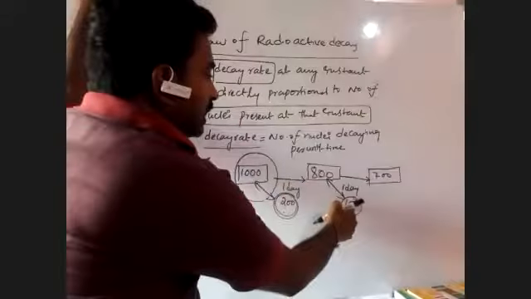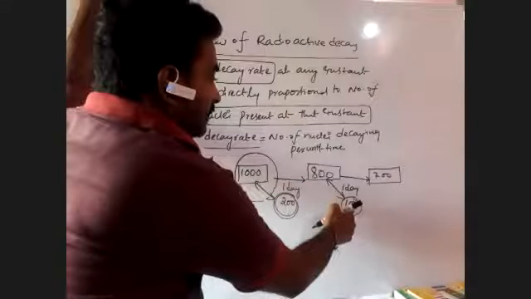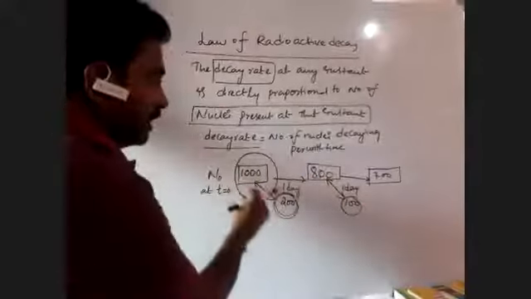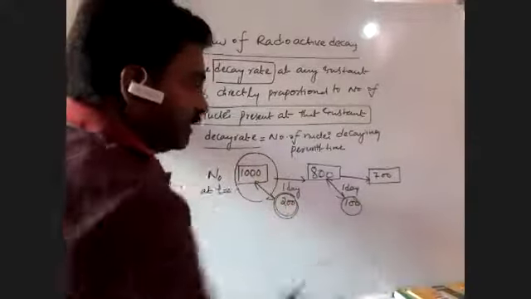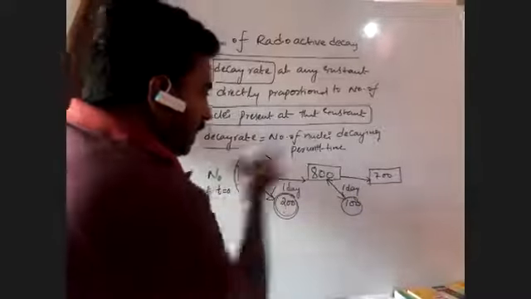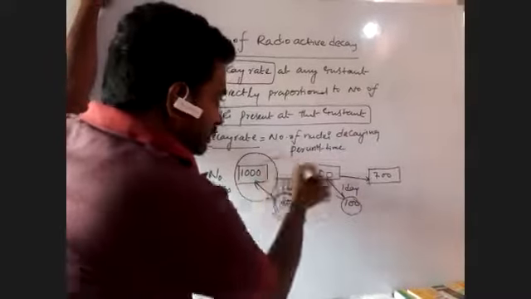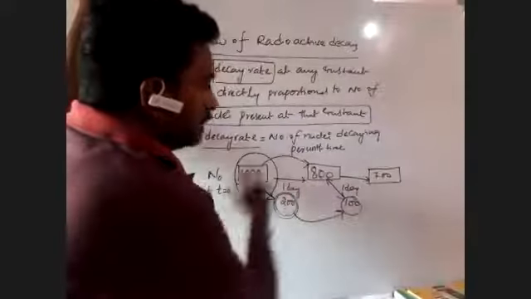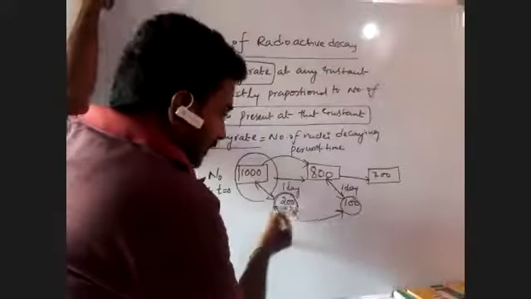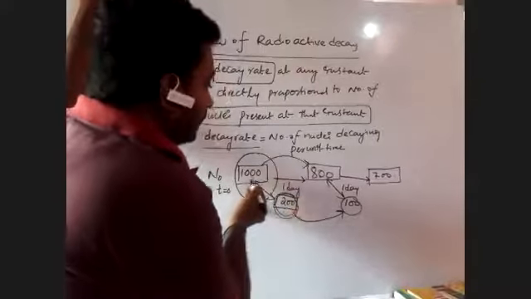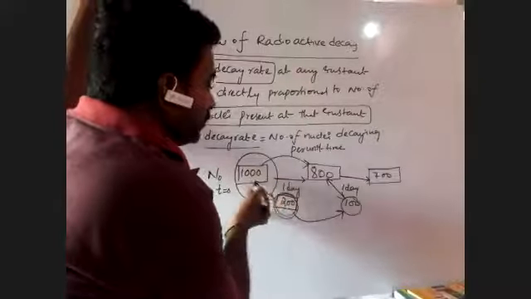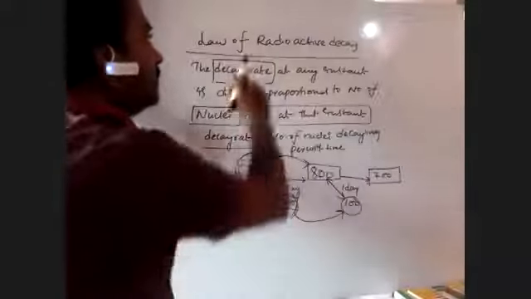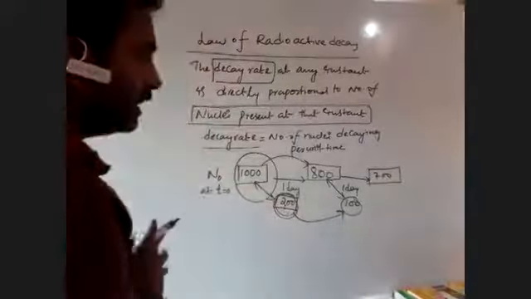Here it is only 100. Why is it less? Because compared to 1800 it is less. So if 1000 are there, every day 200 are leaving from that sample. After 1 day, 1000 becomes 800. So this 200 will also change, not in the same proportion. But this decay rate is directly proportional to the number of nuclei present at that instant. That is the meaning of this law of radioactive decay.